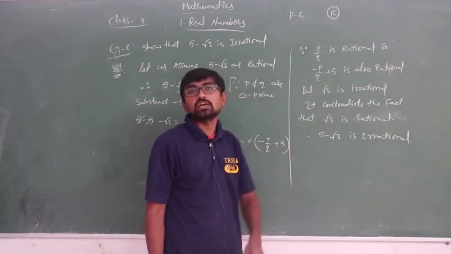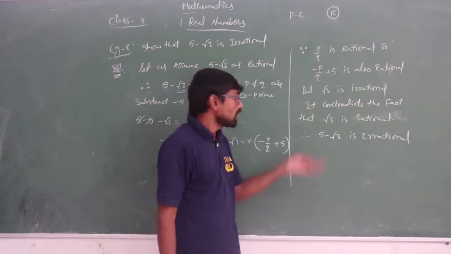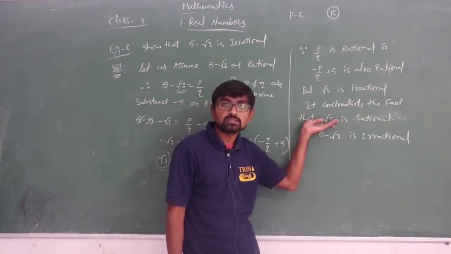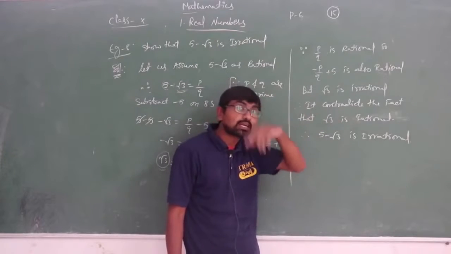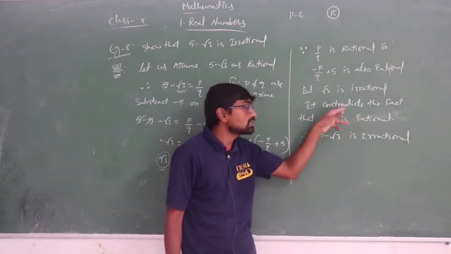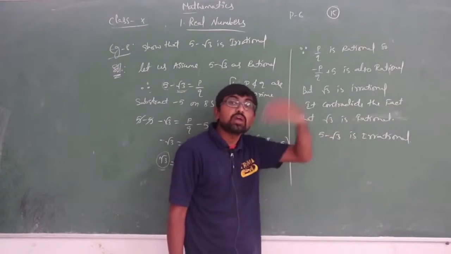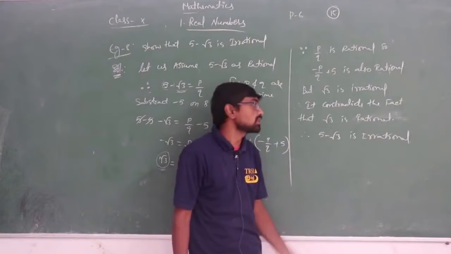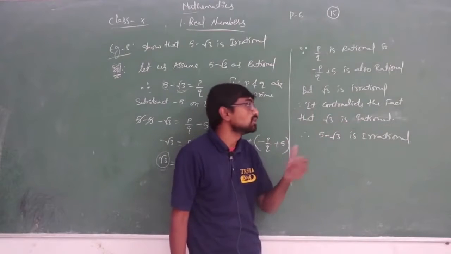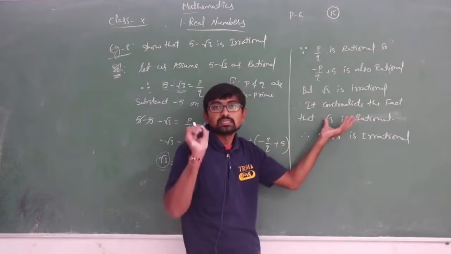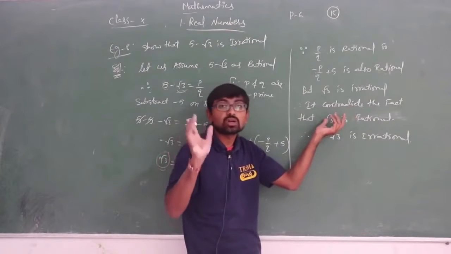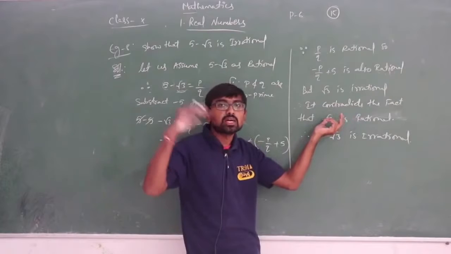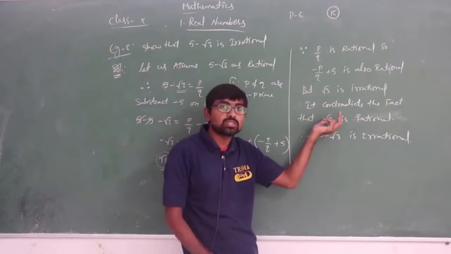So it is making a confusion, isn't it? As we did in our previous class, we have proved this single digit root as irrational. So it is contradicting the fact that it is rational. Root 3 is not a rational. We have already proved in our previous class root 3 is irrational, isn't it? So it contradicts, it disturbs, okay? It is not exactly correct. Root 3 is not a rational number, as we have solved in our previous class.